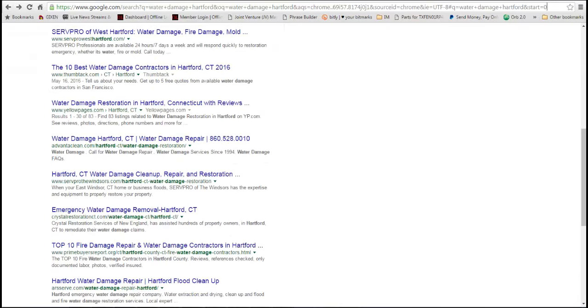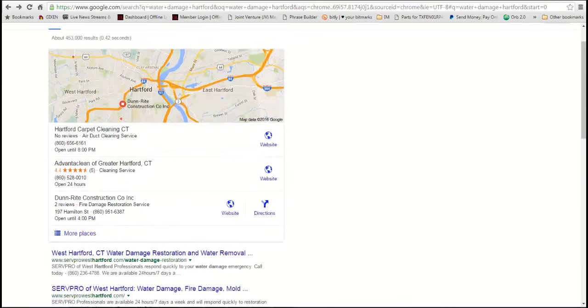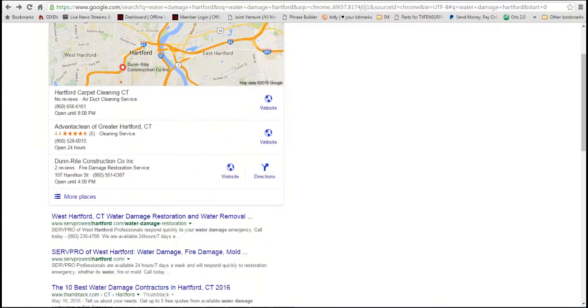Let's see, Advanta Clean. They have water damage a lot. That's like over optimized right there. But I don't see Hartford in their description. So these are things that we'd want to look at. There's more in-depth things that we could look at to give ourselves an advantage, like